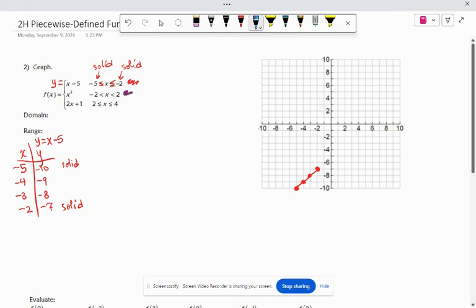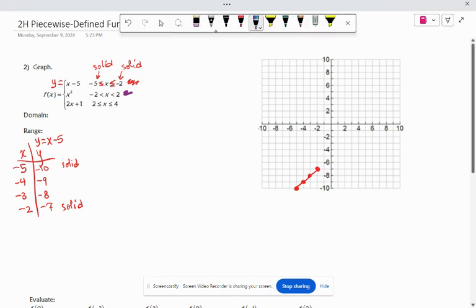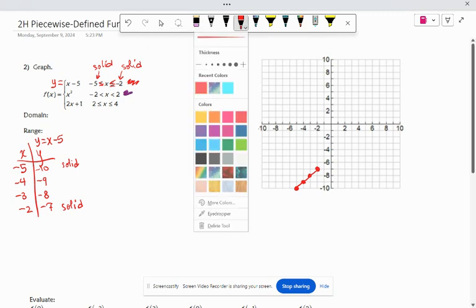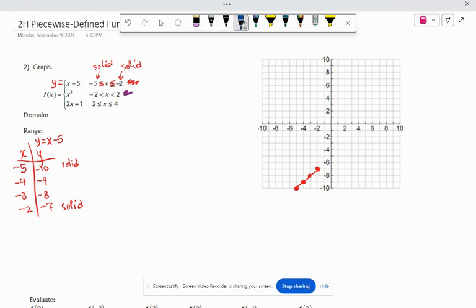Oh, that's my Galaxy pen. I don't know how to add another pen. Oh, there it is. Okay, I'm learning, guys. So I'm going to add another pen, maybe blue. And so in blue pen, I will do